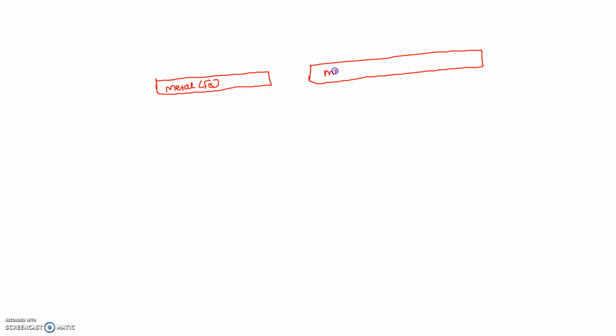Let us consider that this is a metal, maybe made up of Fe. This is another metal, which is also made of the same Fe material. These two metal surfaces are coupled with another metal,